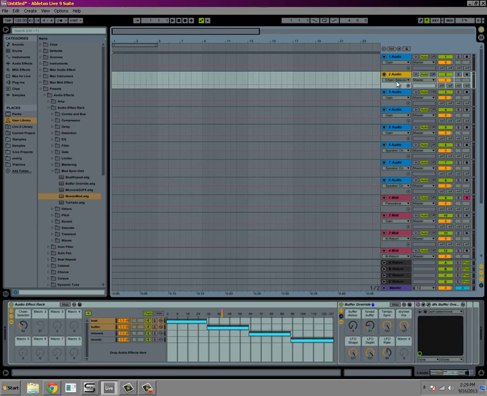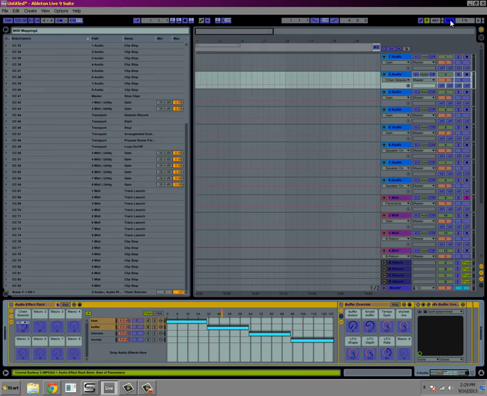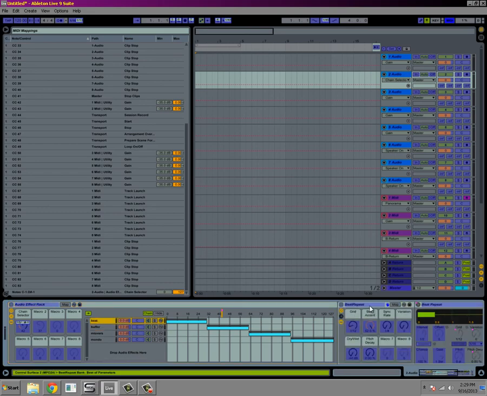So one way to get around this without having to use the mouse a lot is to click the MIDI button again, and then for each of these effects, you click on the beat repeat, and you click on this header over here for the actual audio effect rack itself, and you hit the corresponding note that you've already assigned to the chain selector. So we already know beat repeat is C, so we hit C,